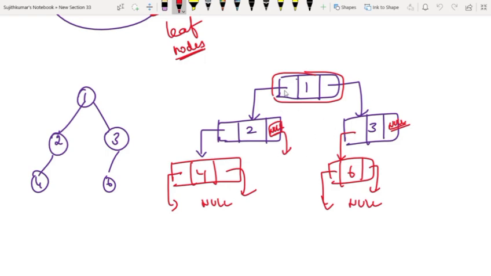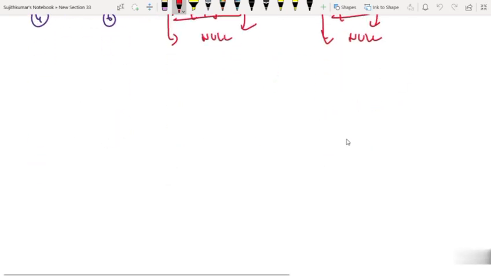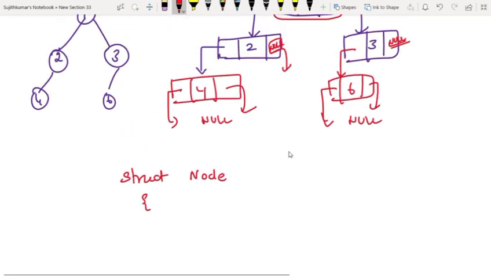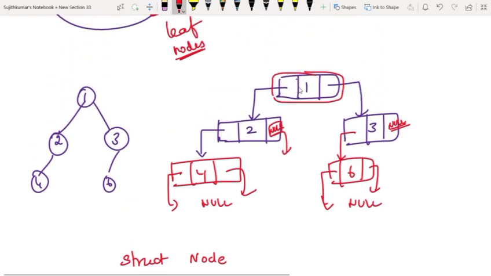Okay, all right, so let me give you the structure I'm going to use. Let me say struct node, because struct is a keyword to declare a structure. Struct node, and it's going to be a self-referential structure. It's a special type of structure called a self-referential structure, which means that a structure variable here, if